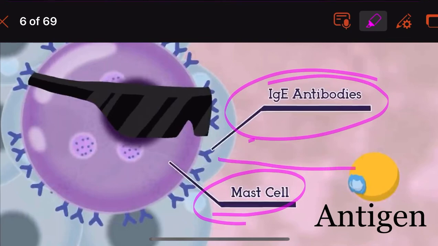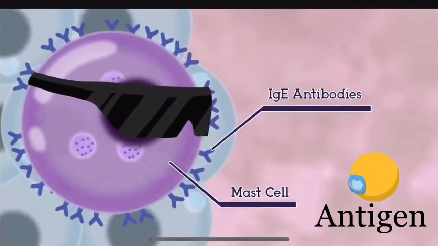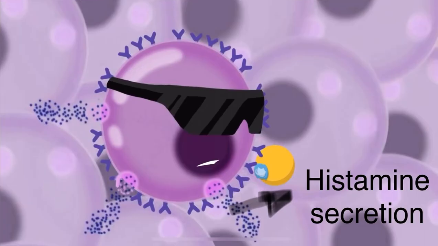Once these antigens bind here, they are going to activate the mast cells. So what happens next? In a normal person, the reaction is minimal, whereas in allergic rhinitis, these mast cells will overact and